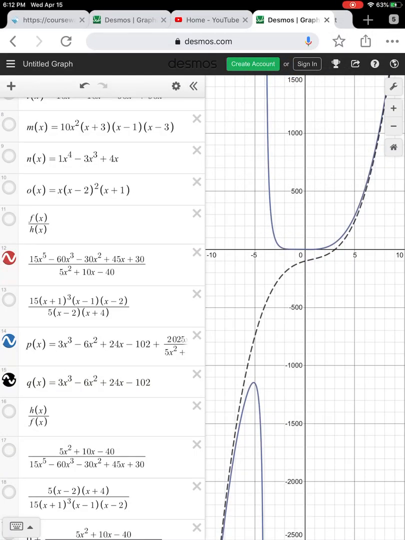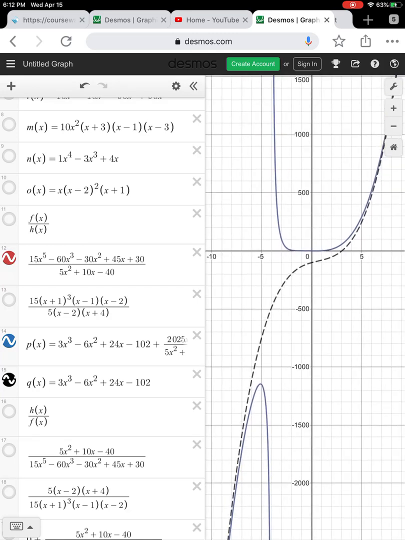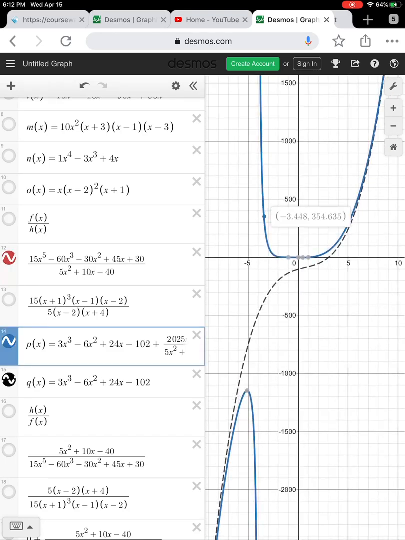Alright, when we left off on the last video, we were trying to find out what the end behaviors of a rational would look like if the higher degree was on top. So 15x to the power of 5 minus 60x cubed minus 30x squared plus 45x plus 30, and the lower degree was in the denominator, 5x squared plus 10x minus 40, as you can see right here. So it turned out that in the middle, we had to kind of see where these zeros would be, and